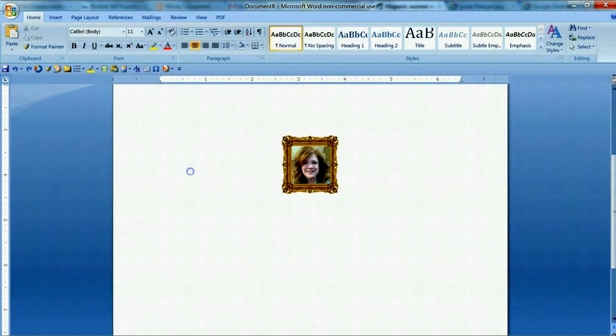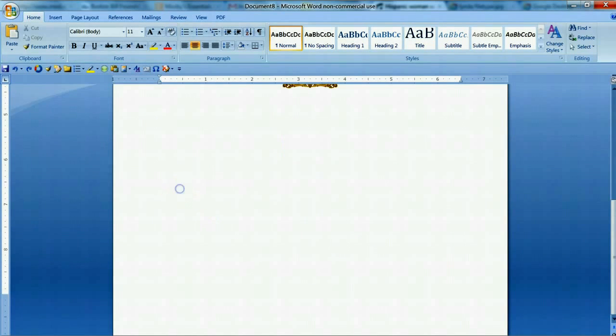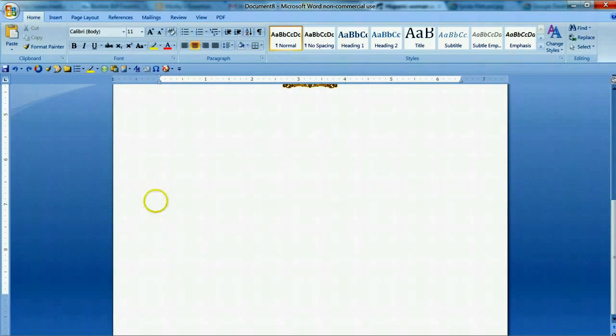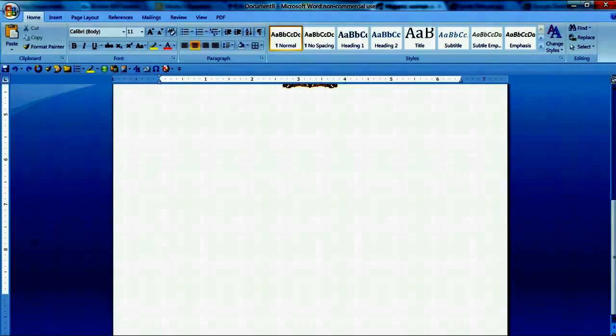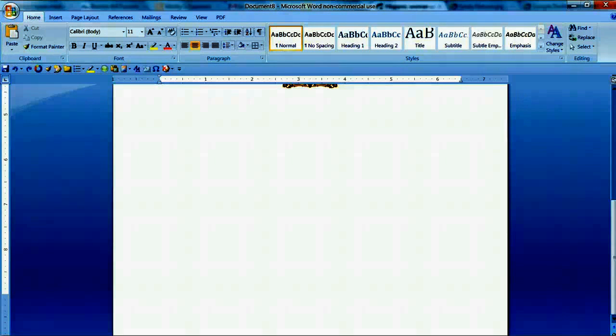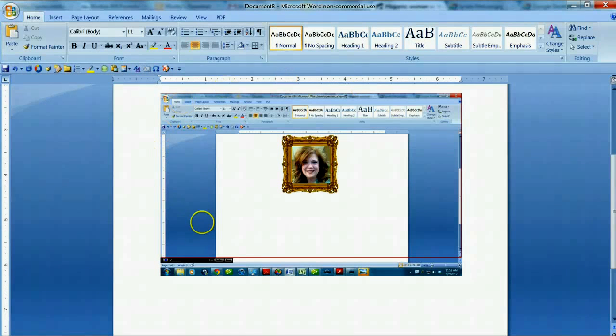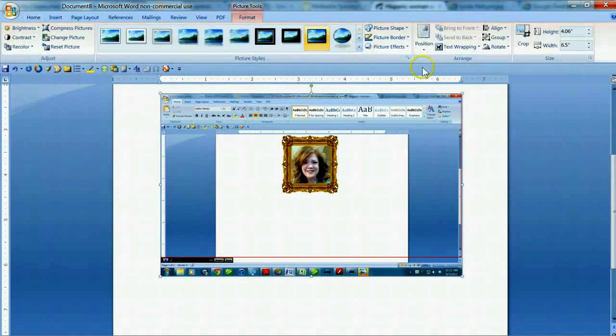So now I'm going to put my cursor down here outside of the picture. That's Linda, by the way, on our team. Isn't she pretty? And so I'm going to click down here, and I'm going to do a Control V, which is the keyboard keystroke for paste. So Control V, and I've pasted my entire screen right there. So now when I click on my screenshot, you can see I've got my clear handles back, which means I now have my picture tools menu, and I now have my crop option here.